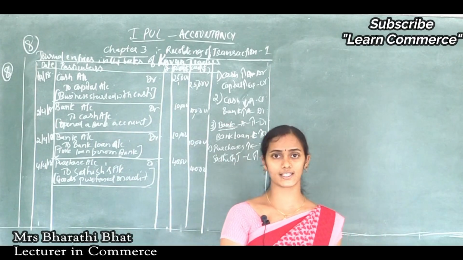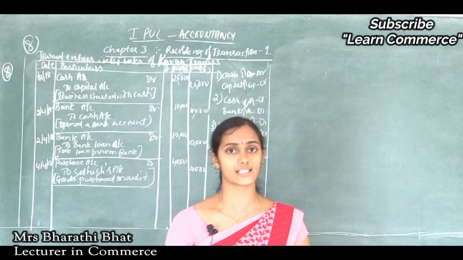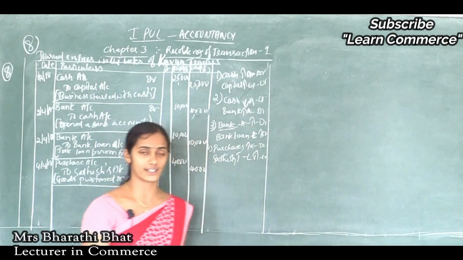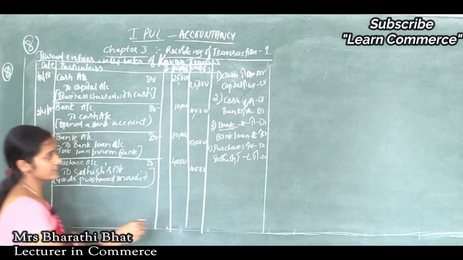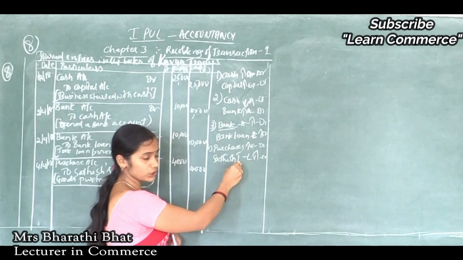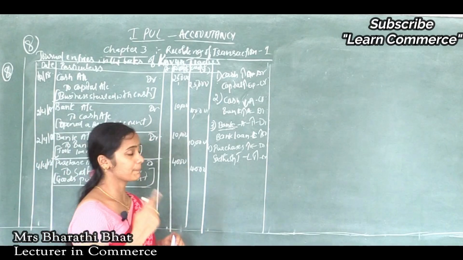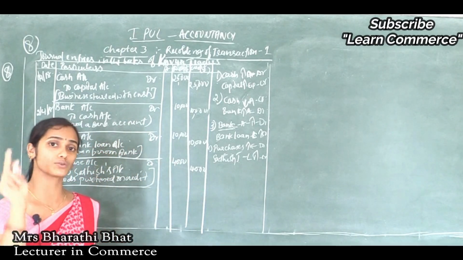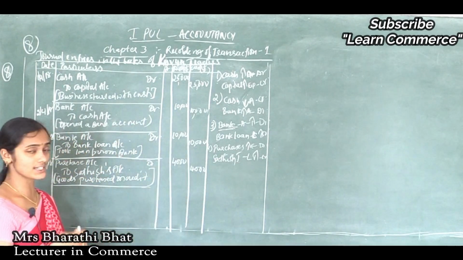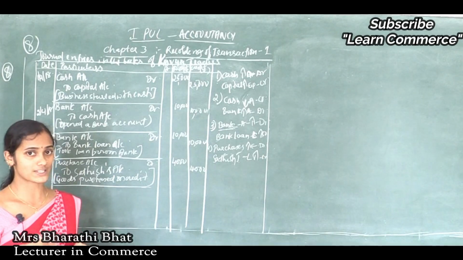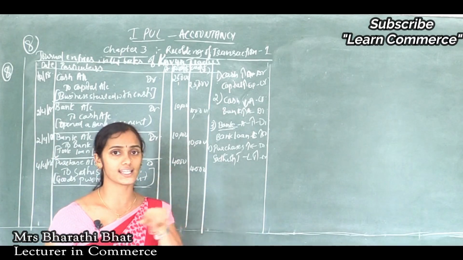Returned goods. In the previous illustration, we discussed a transaction related to sales return, correct, right? Sold goods returned to the seller. So now purchase return. Already we purchased goods from Satish, but because of some default or some problem, the purchaser, Kavya Traders, returned goods to Satish itself. So the purchaser returned goods to the seller. So that is considered as what? Purchase return.